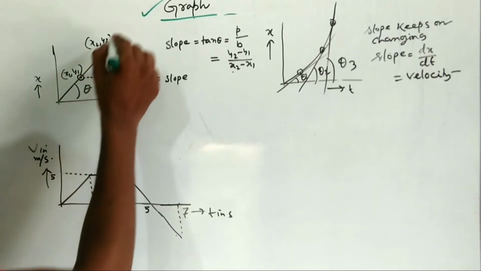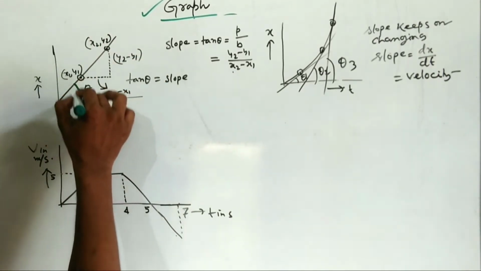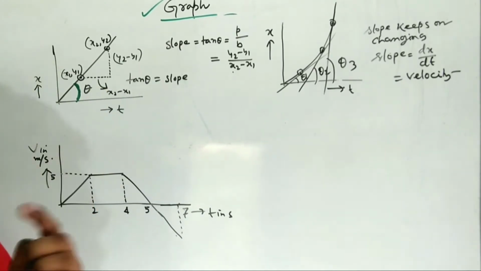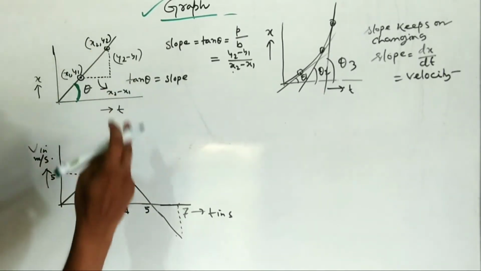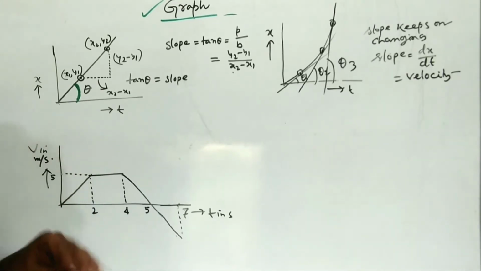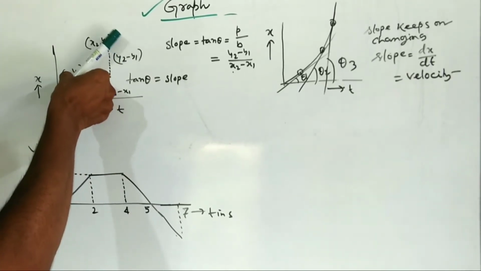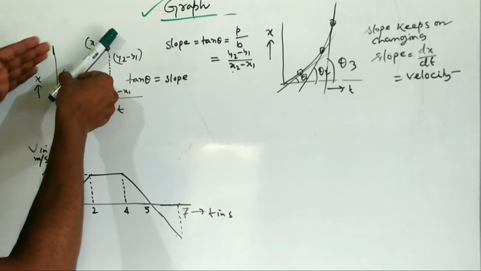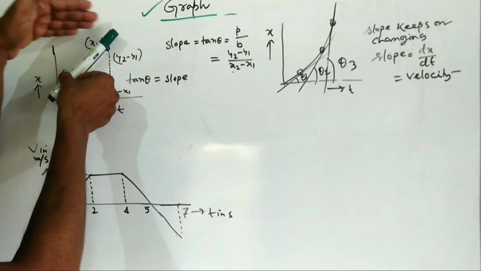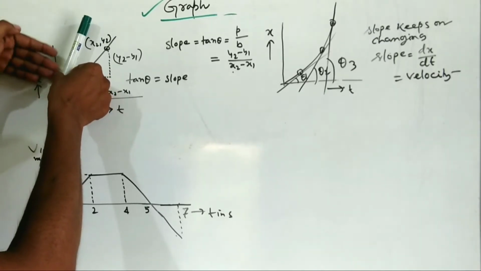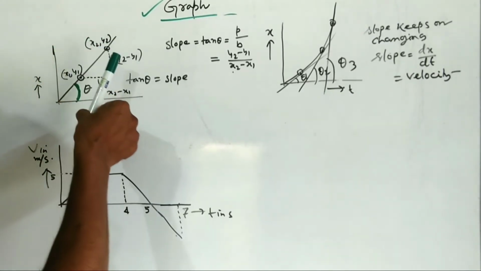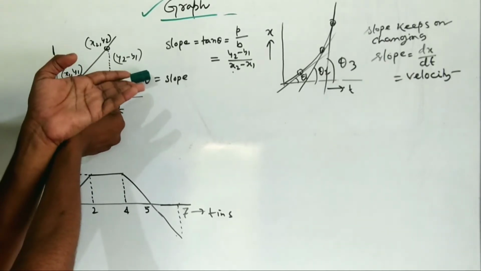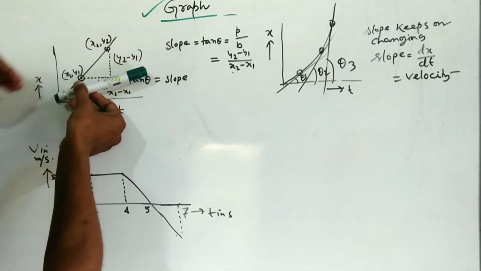Now you can see it makes an angle theta. Okay, this theta. So what is slope? Slope is the steepness of the graph. Steepness of the graph means how steep it is. Suppose the road is very steep, then the cars will move in this way. If the road is like that, then it will be very tough to move in the forward direction. If the road is less steep, then cars move easily.